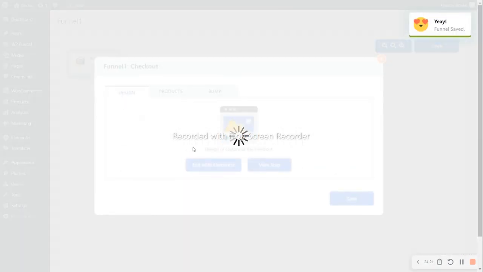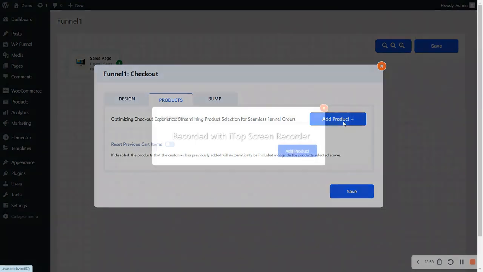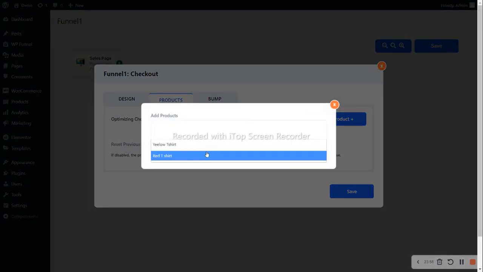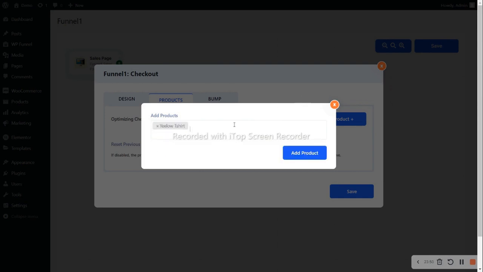Then next to it is, after designing the page, you can add the product. So for adding the product, you need to add the products in the WooCommerce product. So you can refer our video on how to add WooCommerce product, and after adding product, click on this add product. So you will see the product that you have added in the WooCommerce will be fetched here. I have added the 2 products, so it is showing me those 2 products here. I am going with the yellow t-shirt one and click the add product button.